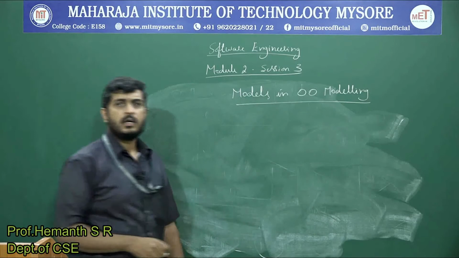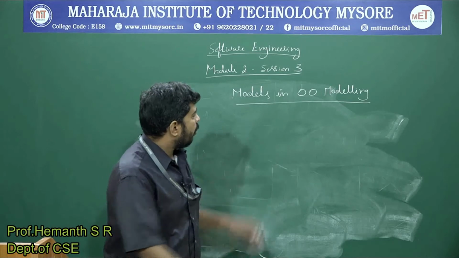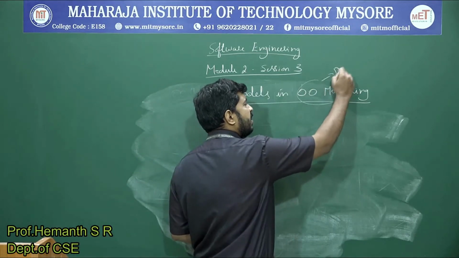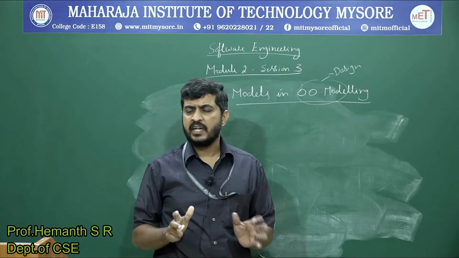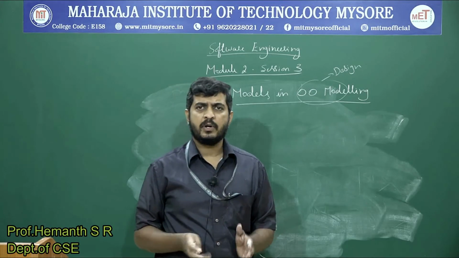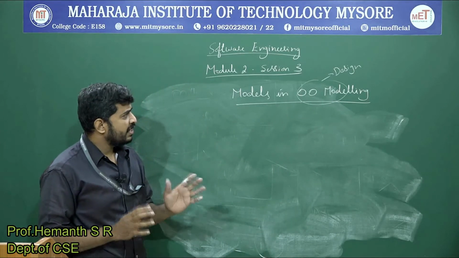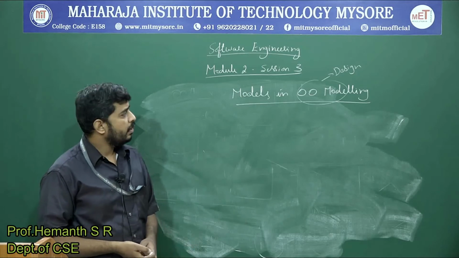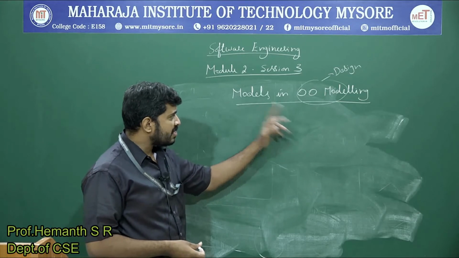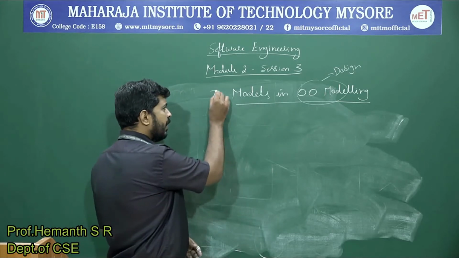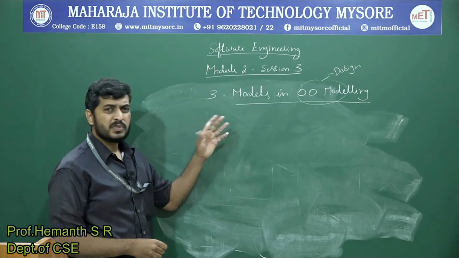Okay, so models in O modeling. In the previous discussions we saw that object oriented modeling is basically design. That's it, it is design. We are not doing any hard coding here. We are not generating any implementation details, but we are just coming out with a plan. That is object oriented modeling. Now once you are done with the design plan, you need to represent it. How can you represent the design? That is what you are studying in the models in object oriented modeling, and there are three popular models. Three types of models, not limited to three, many are there, but the ones which are very popular